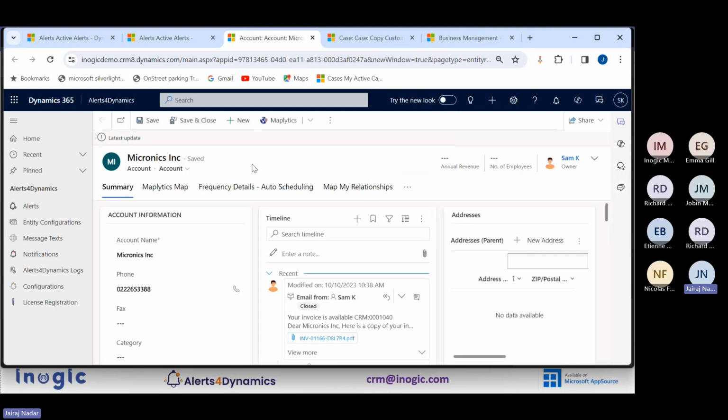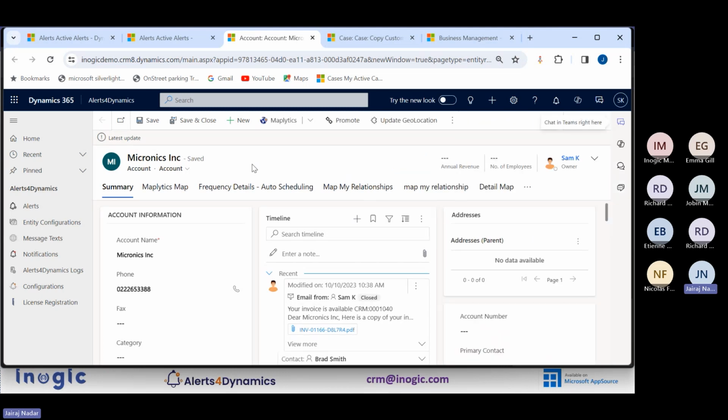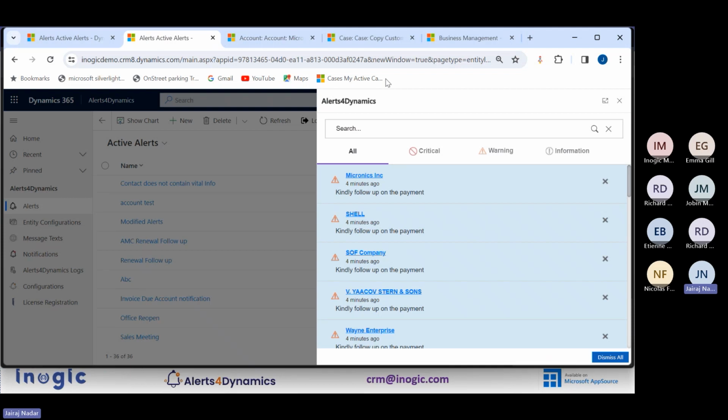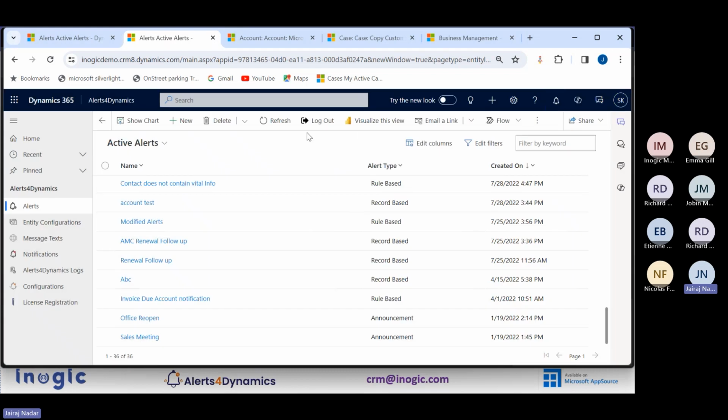This was the condition that I've taken as an example for the webinar purpose. It could also be used if you want to set follow-ups, like a rigorous follow-up, or based on a condition, any particular alert should get triggered, like an invoice due or a renewal reminder follow-up. All this can be done by simply creating alerts within the system, so that the user gets notified at the right time. So this was about the